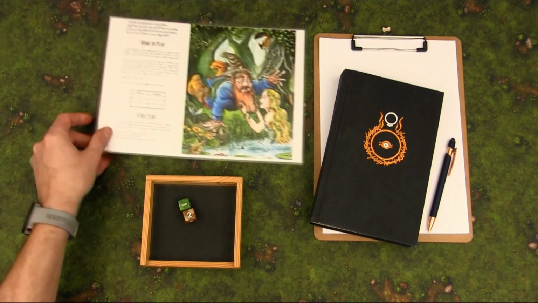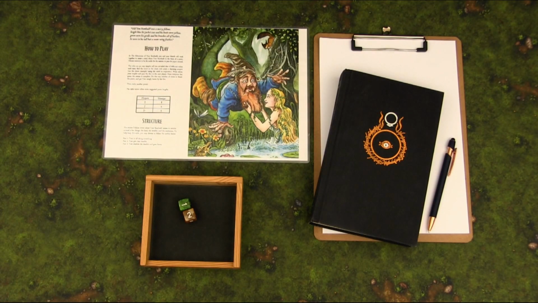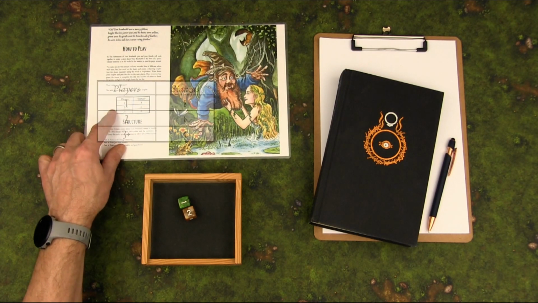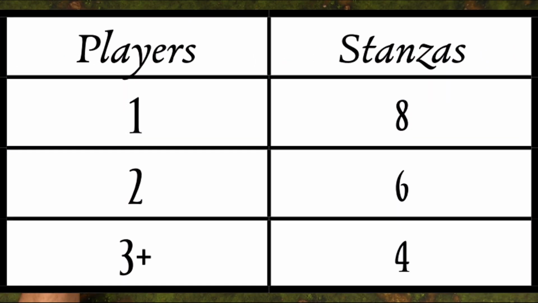What I want to do here is to basically just walk you through the simple rules and then give you an example of how the game can actually look. The goal of the game is simply to produce a great poem or song using prompts and to do it by yourself or with other players. Let's begin by looking at this chart here. It tells you how many players you have and how many stanzas you should be using in the game. I'm going to play by myself here, so one person, 8 stanzas will be produced.